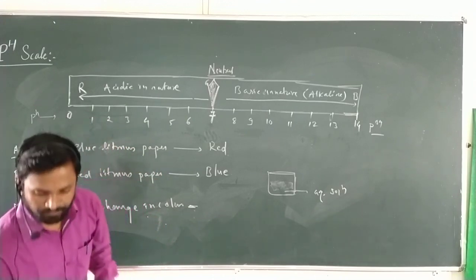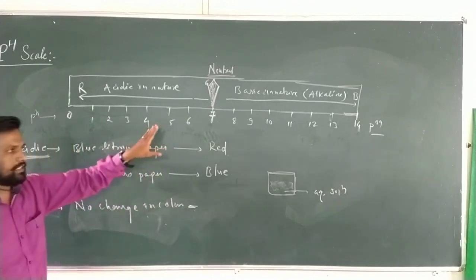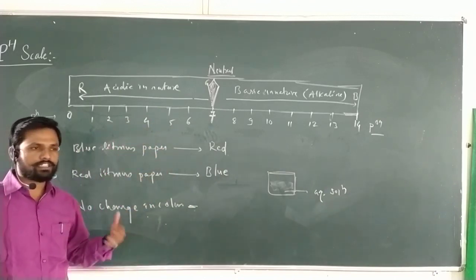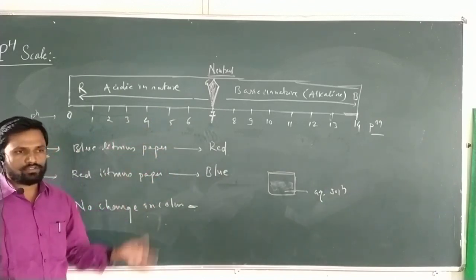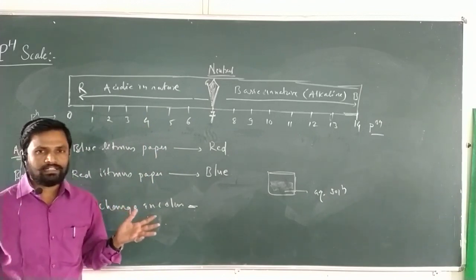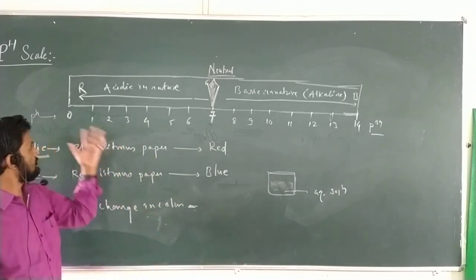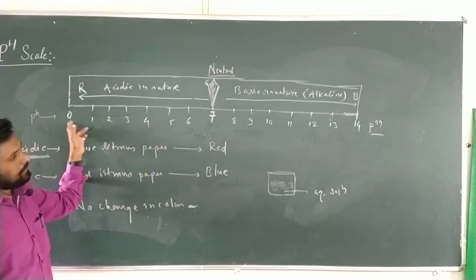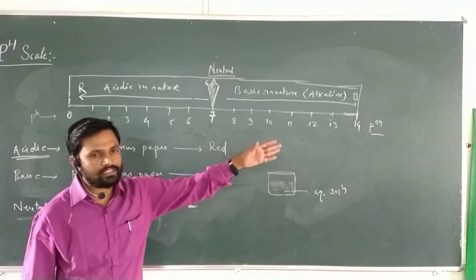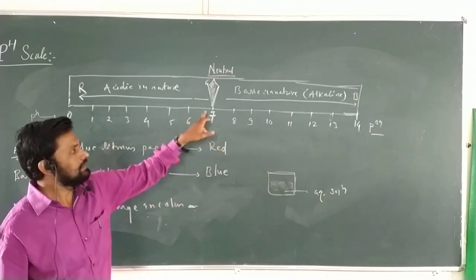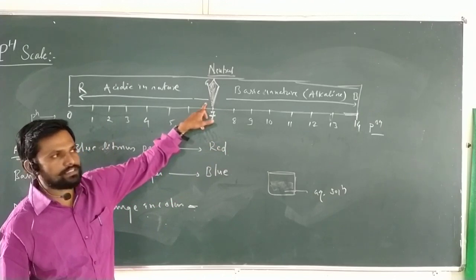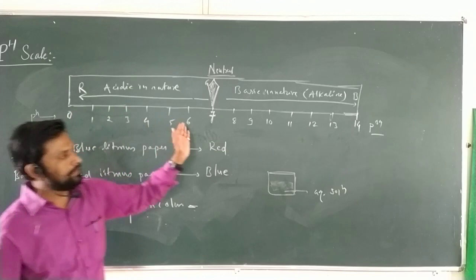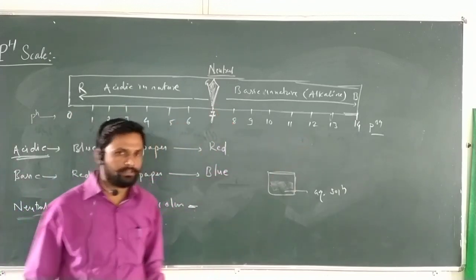Okay. So I hope you understand the concepts of pH, pOH and the ranges of the pH scale. pH determines the hydrogen ion concentration in the given solution. pOH determines the hydroxyl ions in the given solution. The range is 0 to 14. pH 0 to 7 is acidic, basic is 7 to 14, and 7 is neutral in nature. The acidic nature increases from 6 to 0, downward. The basic nature increases from 8 to 14.